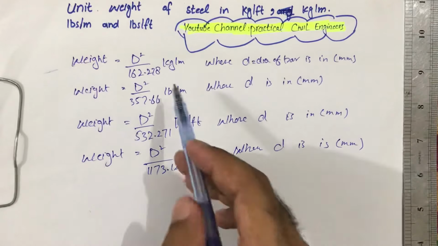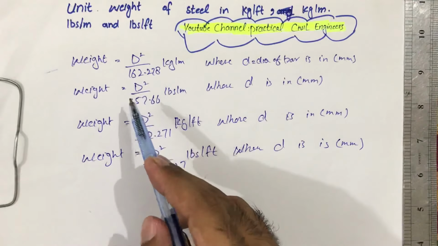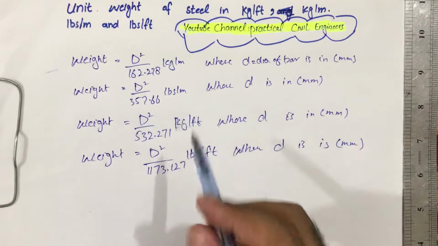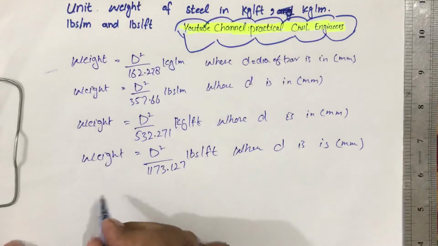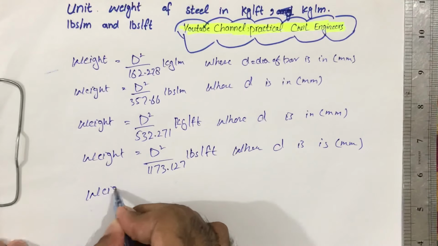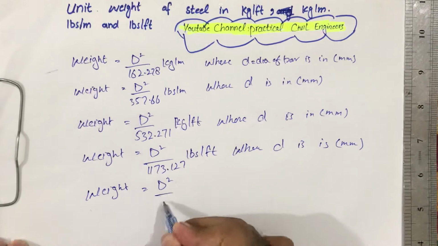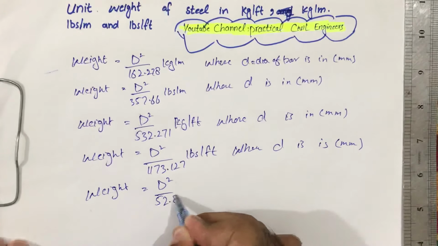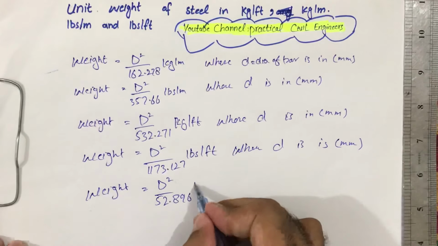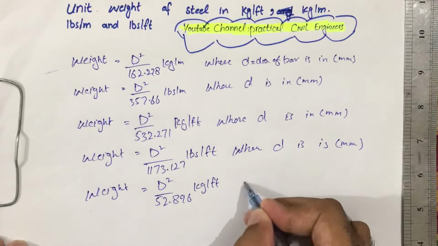So these are for kg per meter. We use d square divided by 162.27, and for lbs per meter we use the other one. For example, weight is equal to d square divided by 52.896 kg per foot, where